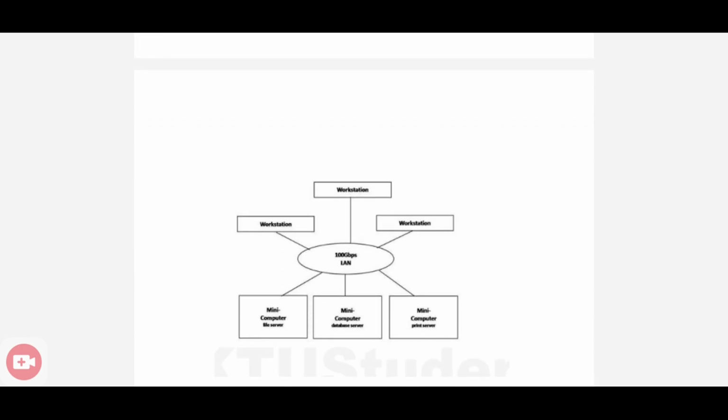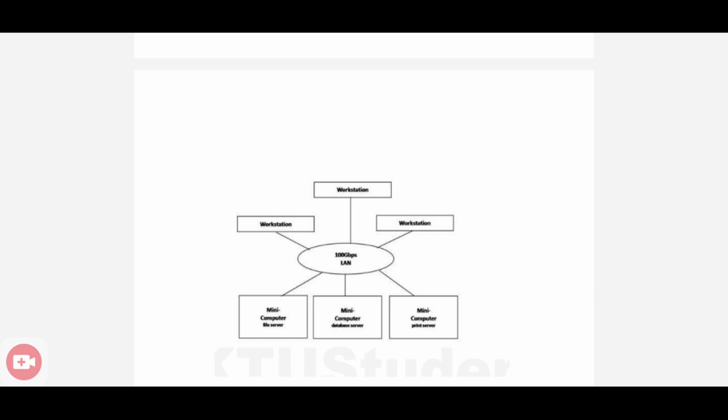So you can see in the figure, there is a communication network, a LAN. All the workstations are connected. Along with the workstations, you can see some of the mini computers. They will act as servers. So the workstation server model means workstations are there along with some servers. The user can log on to workstations, and if there is need of some services, these workstations can send some requests to these mini computers. They will act as servers, right? And after getting the request, it will send the response to the workstation.